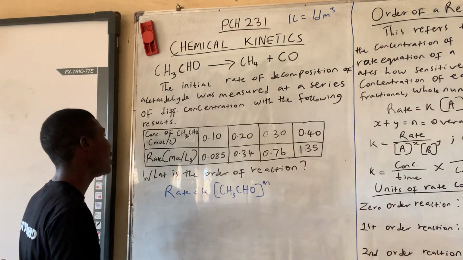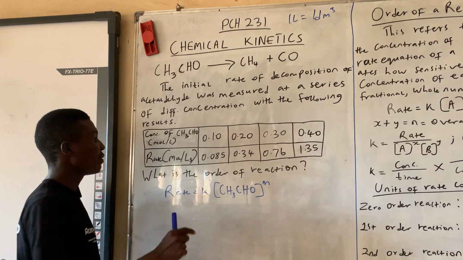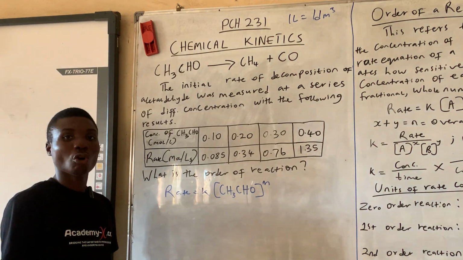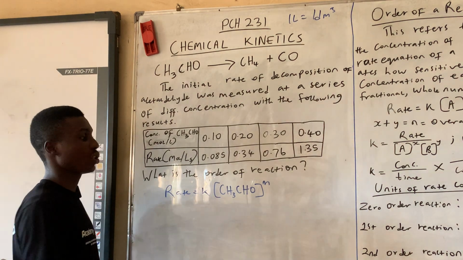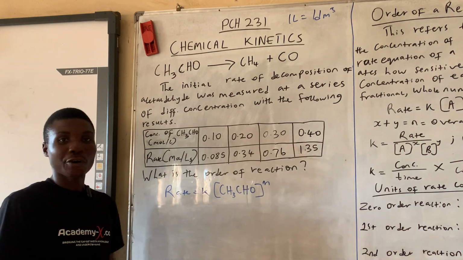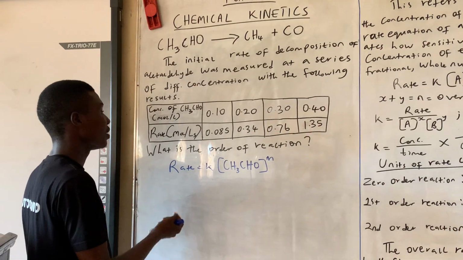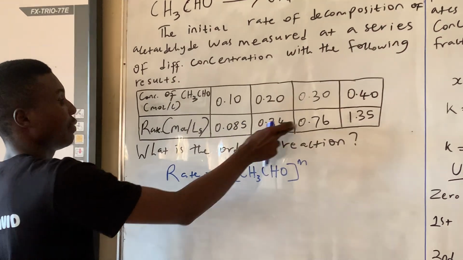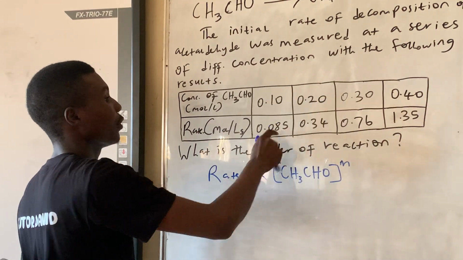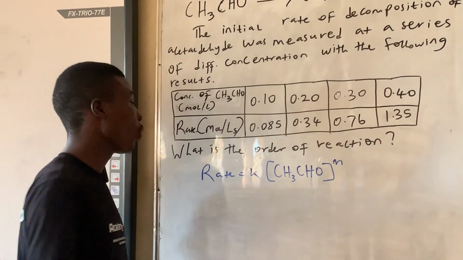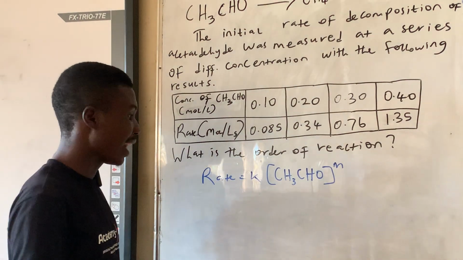When you have been given concentration and rate, you can determine the order of reaction. That's why this question has been put forth: what is the order of reaction? For us to get this done, it is very simple. We have different rates at different times, and different concentrations at the different rates. So we can actually have something like